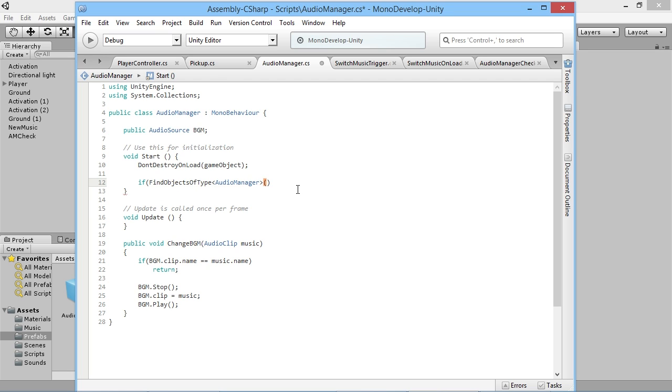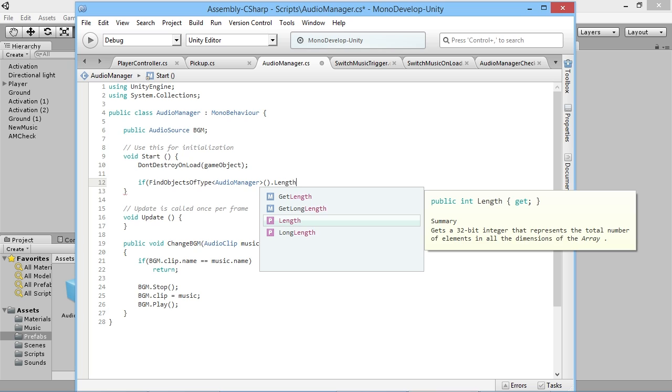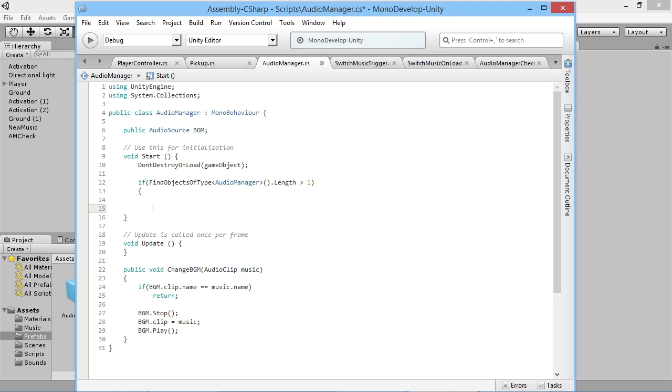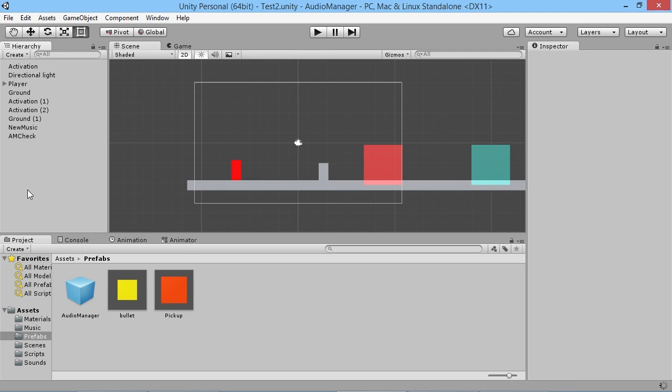And if we have an array, what we can do is calculate the length of the array. So we can say I find objects of type audio manager dot length, and if that is greater than 1, then we know there's too many audio managers in our scene. So in that case, just destroy this current audio manager. So we'll say destroy game object like that, and then therefore it's destroying the new audio manager that's being created, and we won't have to deal with this issue of our music doubling up like it is here. So if we go back into our script,